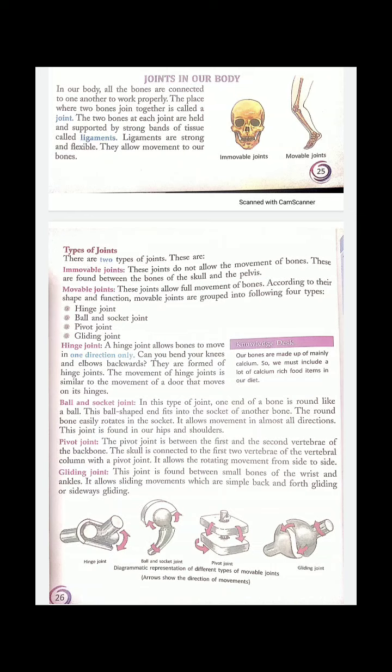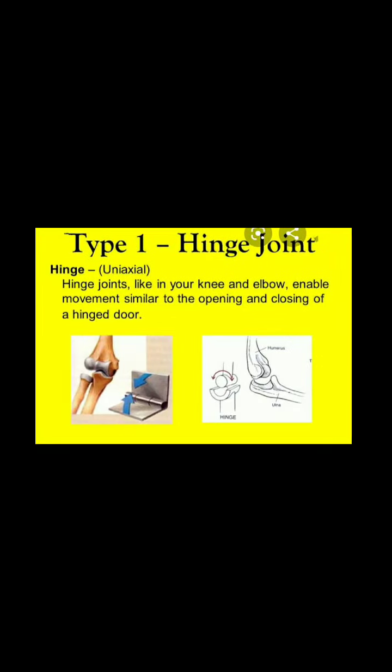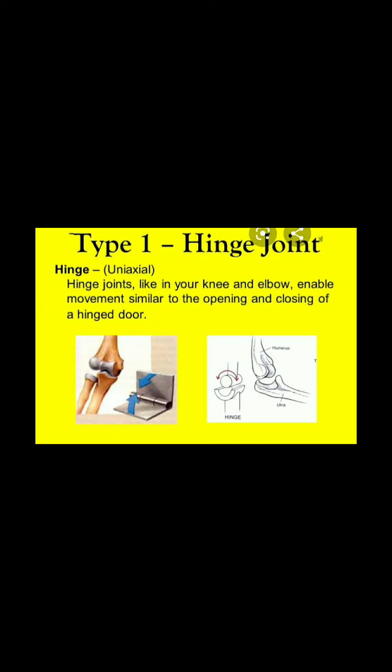A hinge joint allows our bones to move in one direction only. It works like the movement of a door. There are doors in your houses. The hinge joint is similar to the opening and closing of a door. You can see this silver colored thing which is present on the screen is a hinge. It moves in two directions only, and in a similar way the hinge joint allows the bones to move in this direction, like the joint which is present in the knee and the elbow.